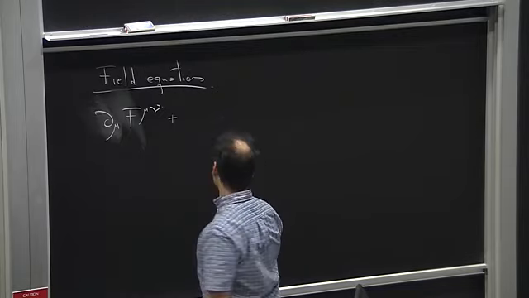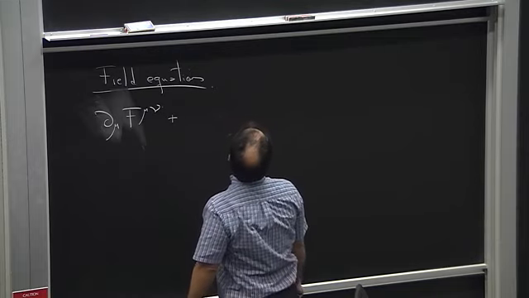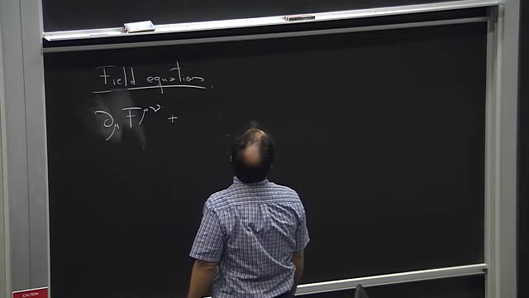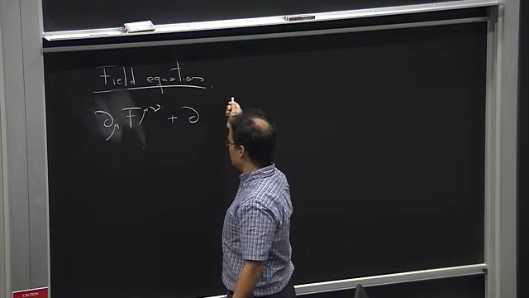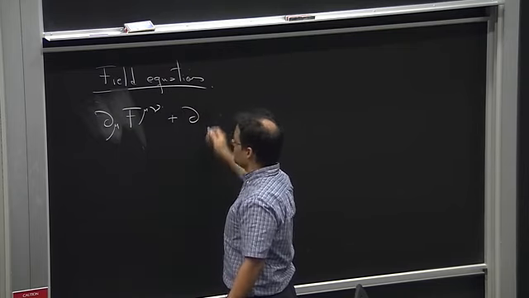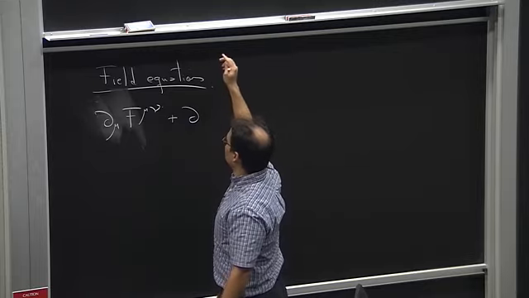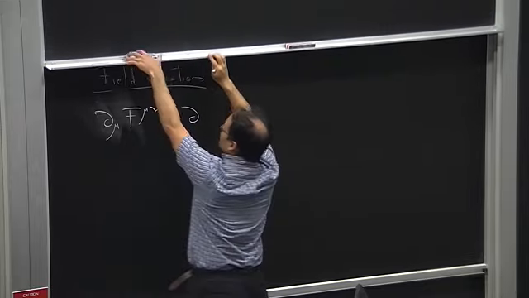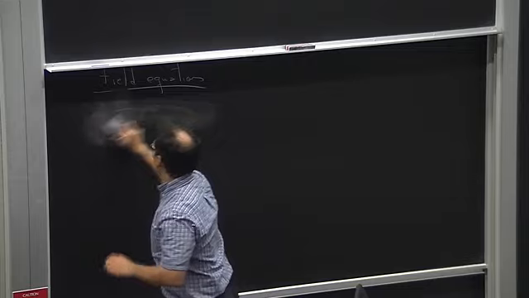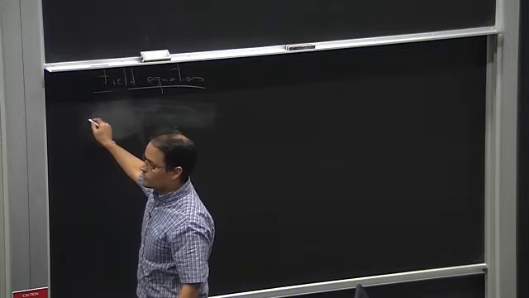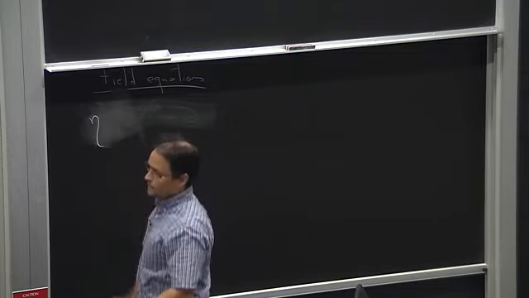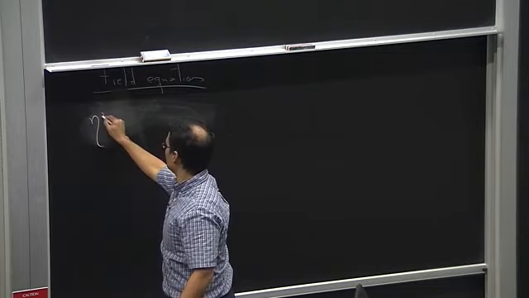Now, when you do the variation of the second term, you're going to get something that looks like, what is it going to look like? It's going to look like eta. Yeah, so we could calculate it. Let me actually write it in the form that we have over there, because it's going to be more useful. So if we have the field equations in this form,